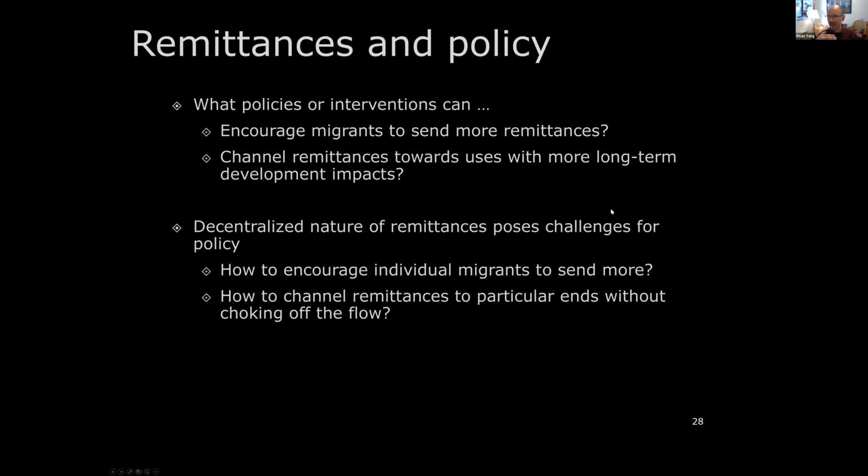And let me just say before I turn things over to Gaurav, we could also think about a number of questions related to what kind of interventions we can carry out, particularly in the space of remittances, to potentially enhance the impact of remittances on development outcomes, improve decision-making and use of remittances on the part of families back home. I've run out of time. The slides are here, and the papers are on the reading list for you to peruse at your leisure. This is certainly a direction that past research of my own and others has explored, to really think about financial and other innovations to improve how households use remittances.